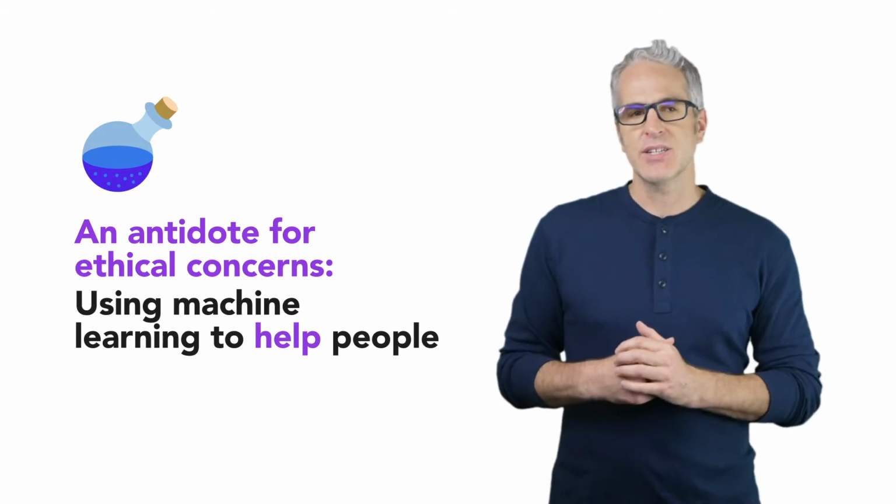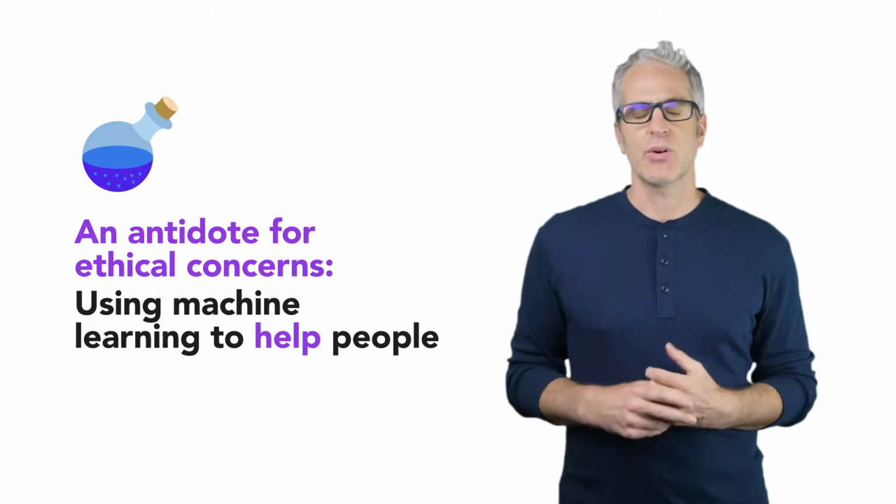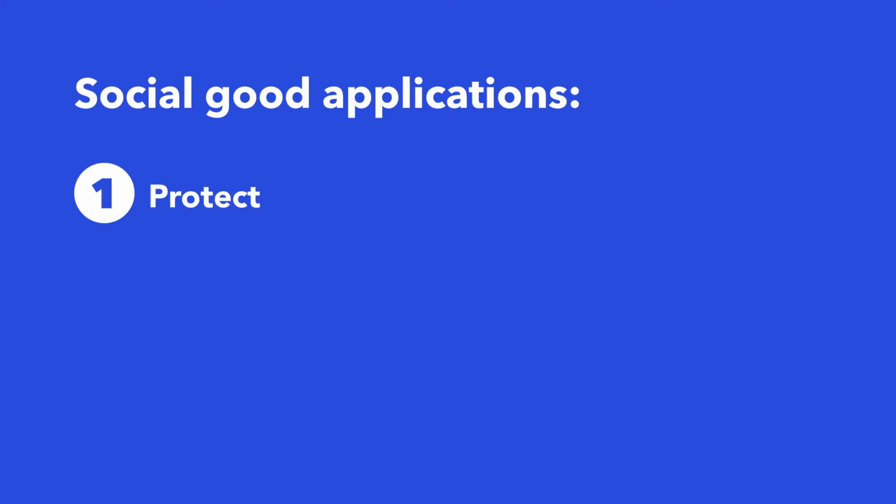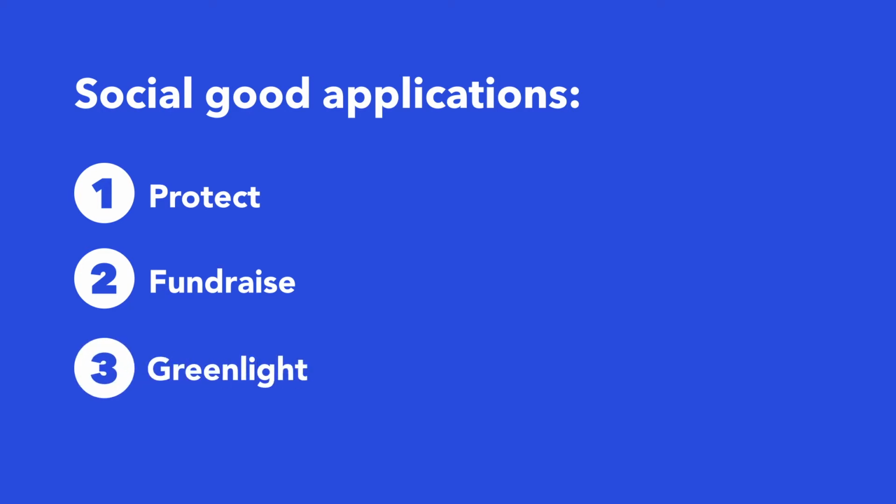Social good applications break down into 3 categories. 1, protect. Identify the most vulnerable or at risk in order to intervene. 2, fundraise. Target direct mail that solicits donations for any kind of charitable organization. And 3, greenlight. Predict which project proposals are most likely to succeed in order to allocate grants and other types